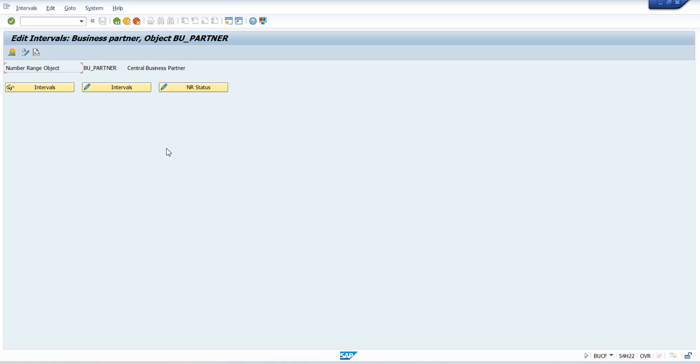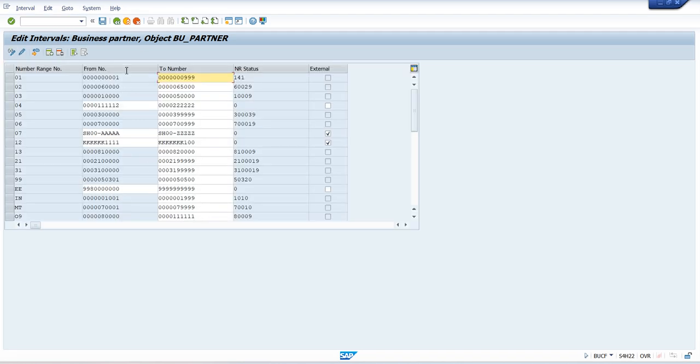There won't be any difference at all. So if you learn the number range for one time, you can do it for any other time. You can see there are a lot of intervals over there. This interval is very important because the same interval should be matched with the vendor grouping also, because